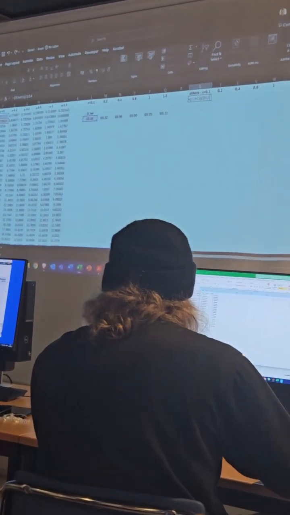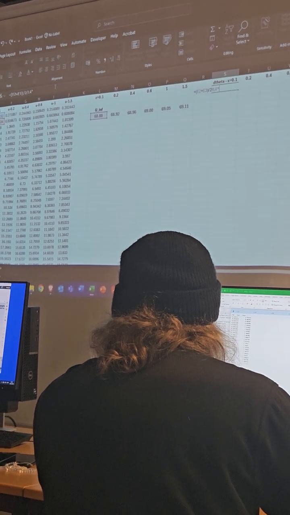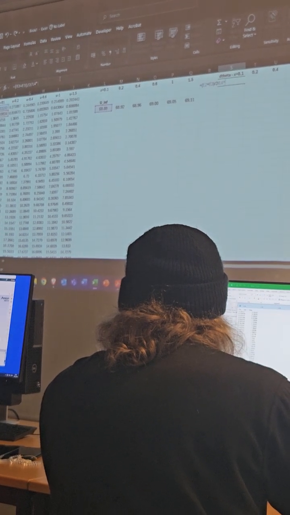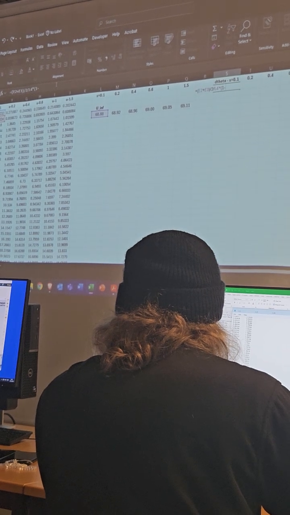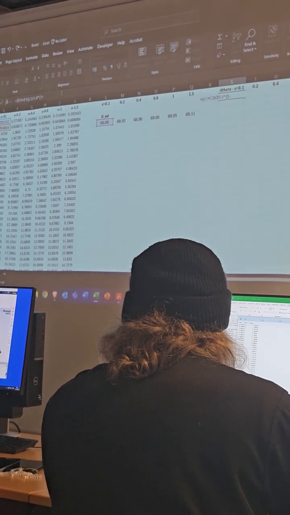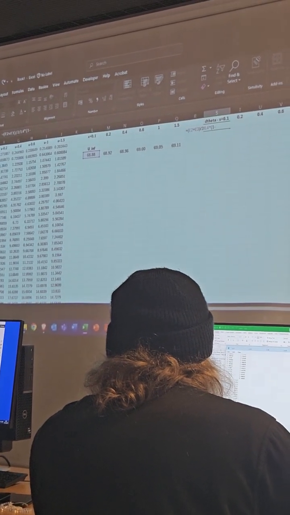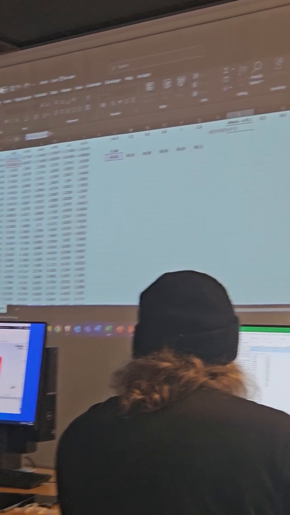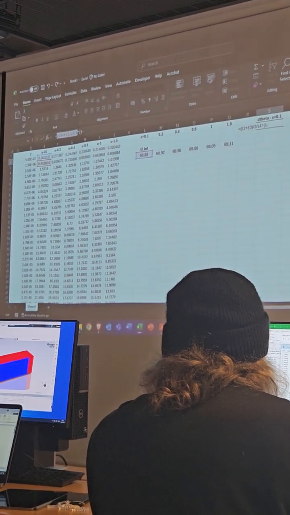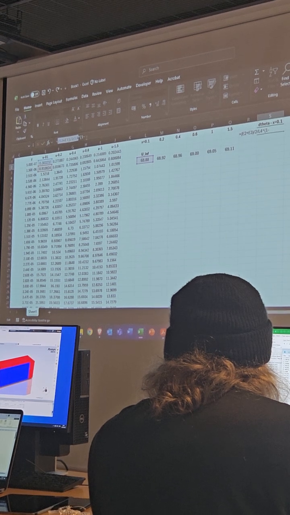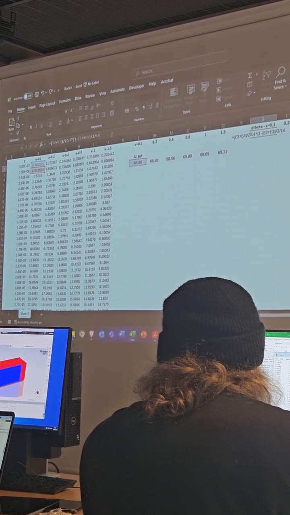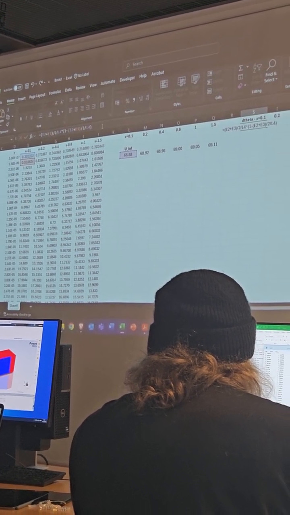Then we need to multiply this times 1 minus the same ratio, u over u infinite. So we can just copy the first part of the formula, that is the average velocity over u infinite. So Control C, Control V, and close round bracket,